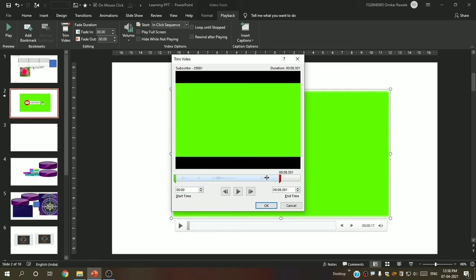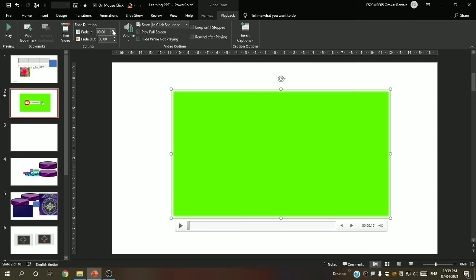You will see the red part. You have to trim this video from here. Bring how much video you want. You can also get it from here. You can change the trimming from here also. You can see the start time, this is for the green, and end time, this is for the red. Now I will say okay, and this much only gets trimmed, but I do not want to trim this video, so I will say cancel.